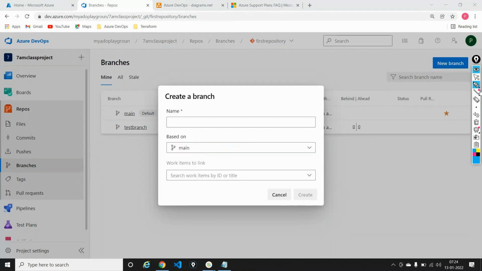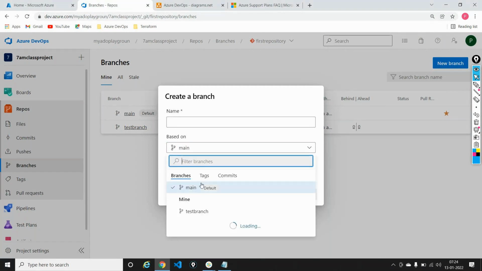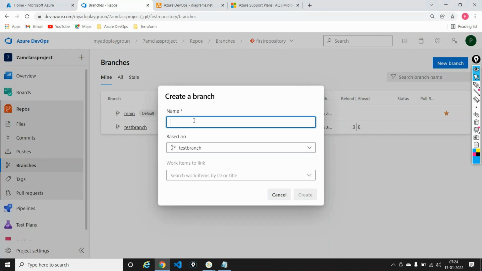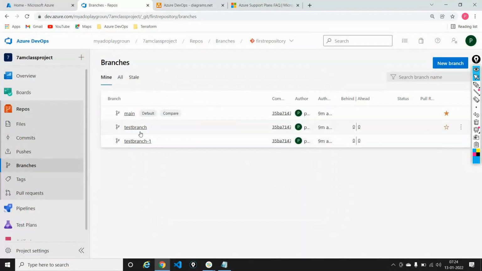So let me see. I have two branches right now: one is the main, one is a test. I can also create another branch called test branch one, based out of the test branch here, and so on and so forth. So in order to create a branch, you at least need to have a main branch in your repository. You need to have at least one branch out here,